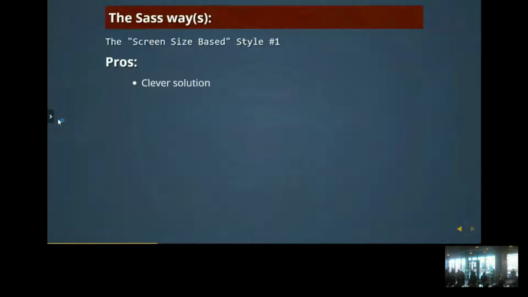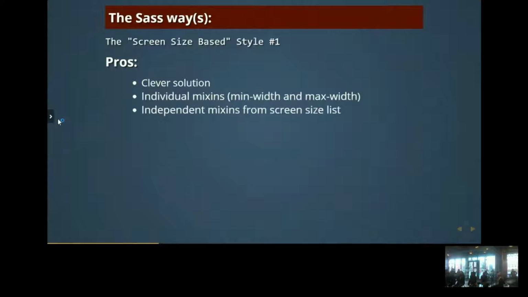Now let's see the pros of this approach. The first pro is certainly a clever solution. You have individual mixins for min width and max width. You have independent mixins for the screen size list. It's easy to scale because as long as you add another variable name with a specific breakpoint, you can scale that up. And it is easily adaptable to content-based breakpoints, which is what the best practices are, and not device-dependent